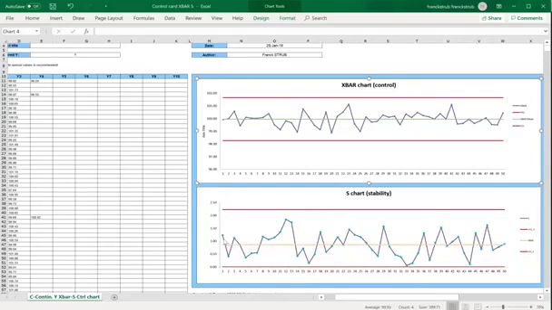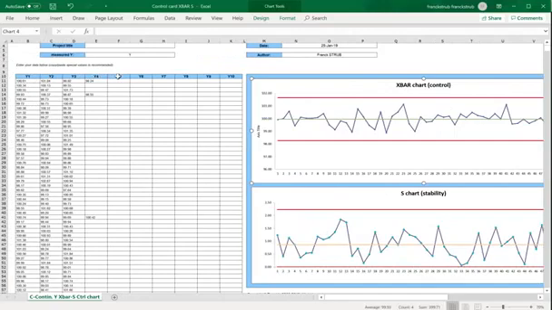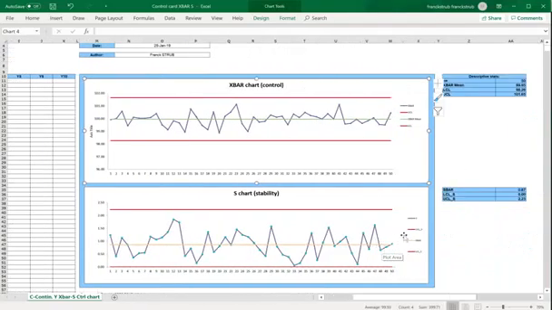S chart will be the display of standard deviations of your data sets that we will plot on the S chart, and we will calculate for each data set a standard deviation of your data set, like we did a computation of the X bar, and then we will have the average of your standard deviation that we can call S bar, and so we can compute 3 times above the mean for the upper control limit and 3 times below the mean, the lower control limit.